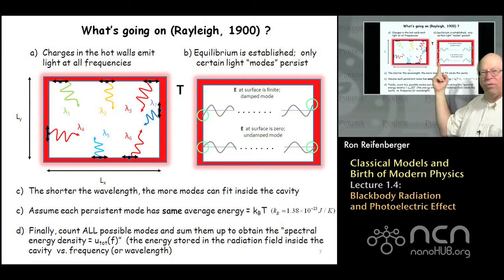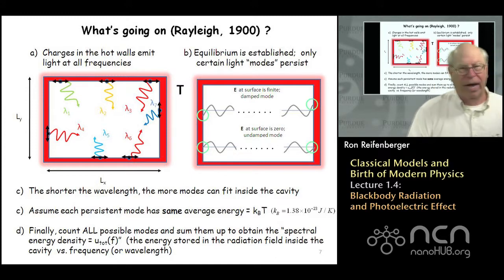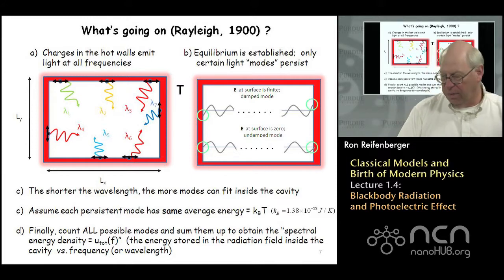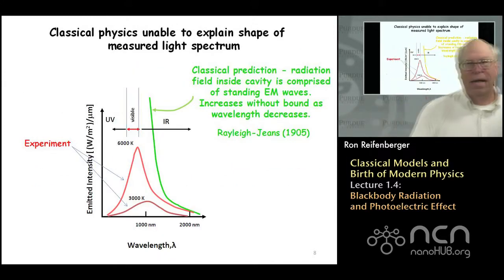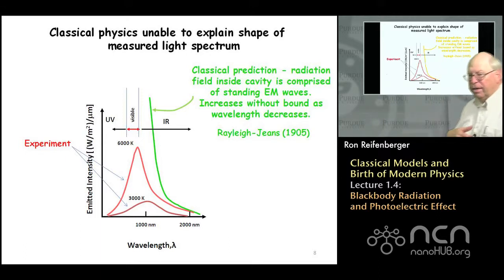So the idea is that only those modes, or only those wavelengths such that there's an integer multiple of wavelengths that span the inner dimensions of the cavity, only those guys will persist, right? Any mode that happens to have a non-zero value for the electric field at the surface of the oven will get quickly damped out, and you won't observe that experimentally. So following that line of thought, it was possible then to predict what the emitted intensity as a function of wavelength should look like, and that's indicated by this